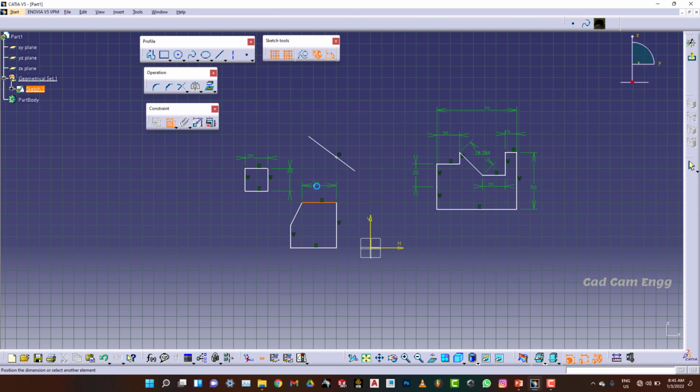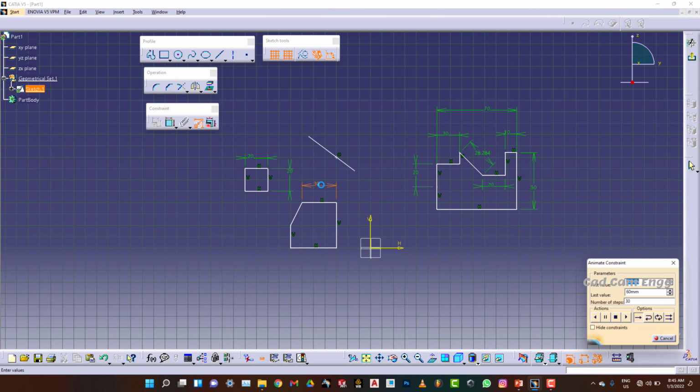That I have to see. Animate constraint, select this, I want it as 40, and then give. My diagram will become like this. Okay, done.